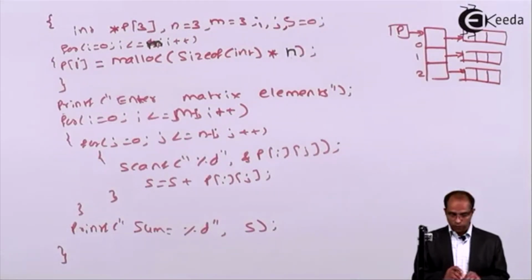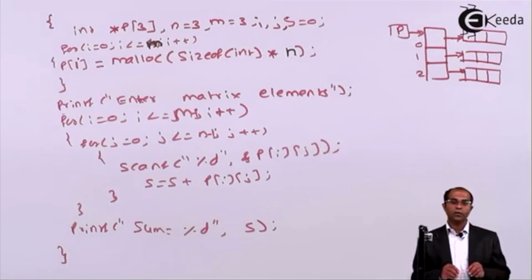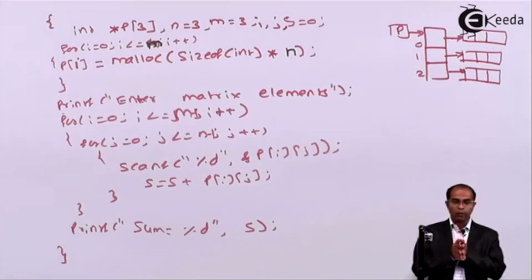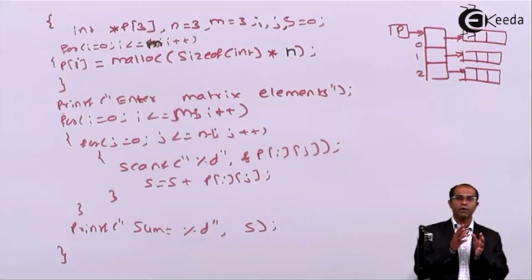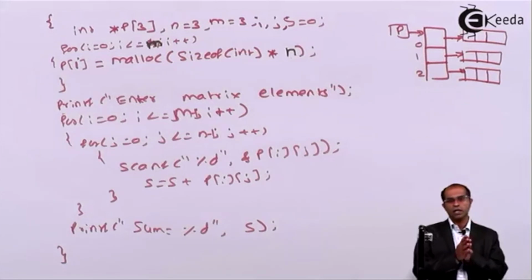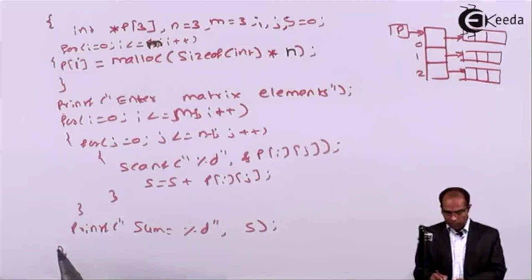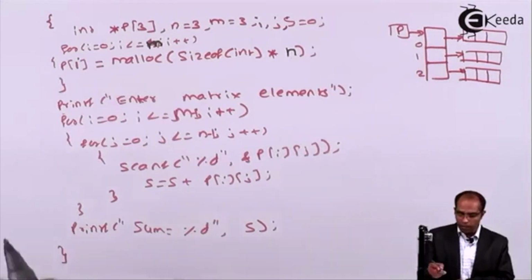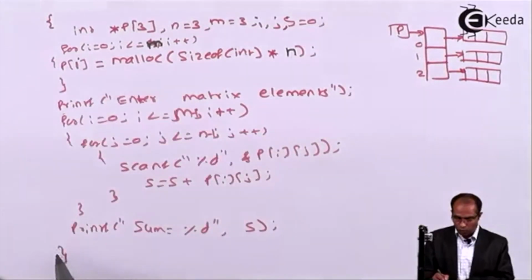So we have stated a program which will take you to one-dimensional array as well as two-dimensional array, and how malloc can be used to perform the task on a one-dimensional array and two-dimensional array. When I say that I have created memory using malloc, if you don't do a deallocation, automatically the functions are going to be deallocated.